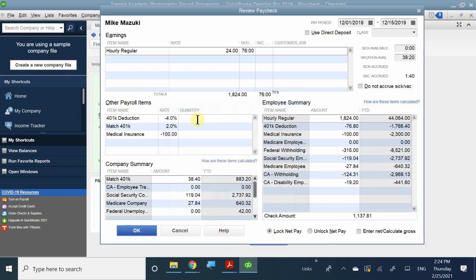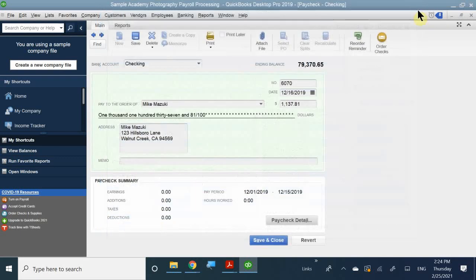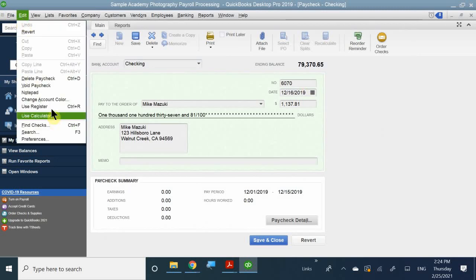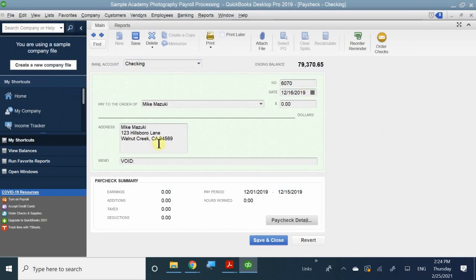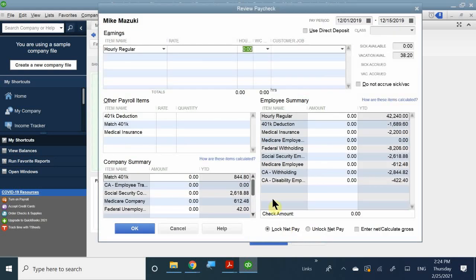So what we're gonna have to do is we actually have to void it first. So I have to redo that again. So let's go ahead and redo because it's not letting me do it. So I have to void the check first. Okay, there it is. It's voided, and then I go to payroll details. So now I actually have to write him a new check in terms of the